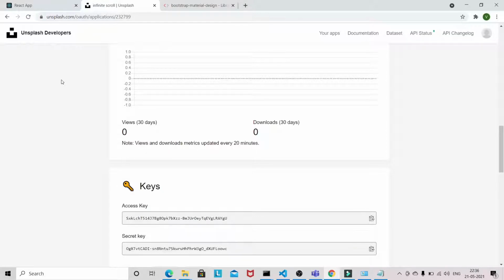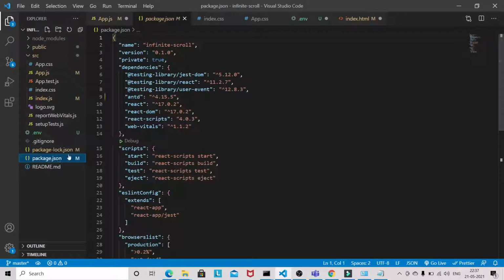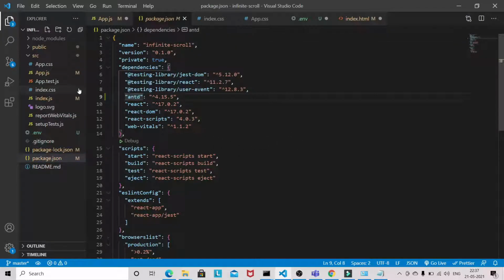Now let's jump into VS Code. As you see, I have already set up a basic project, created using npx create-react-app. Once your project structure is ready, open the VS Code terminal. I have installed only one package, that is Ant Design, because we have to display the images in a card.